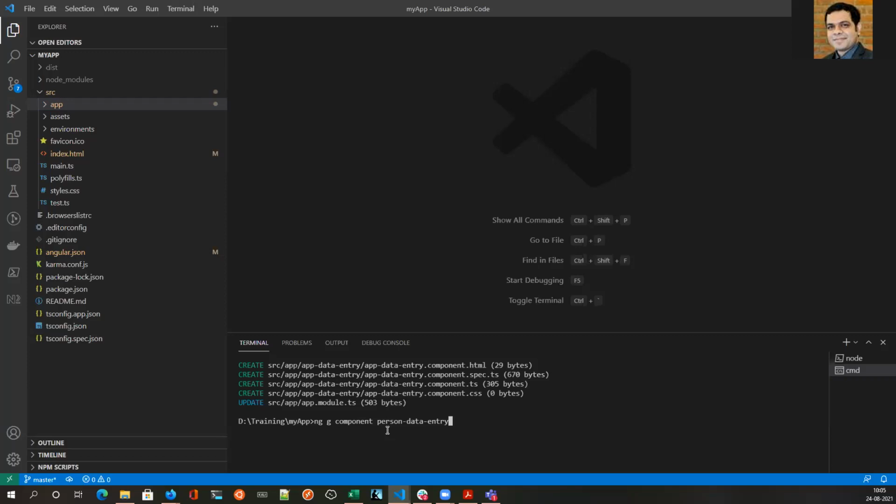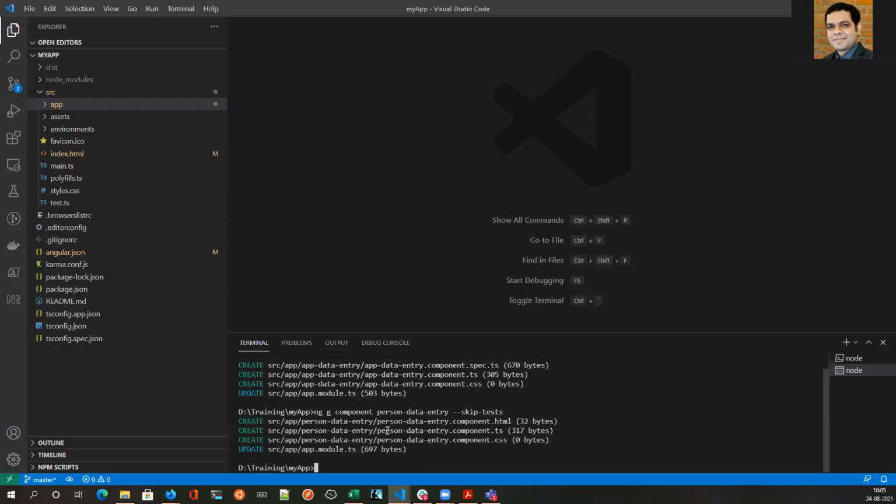You need to remember that you don't have to specify the prefix word and you don't have to specify the component word as well. They both are automatically attached to it. And for now, we will use skip test. If I don't specify any module name, it will by default go into app module.